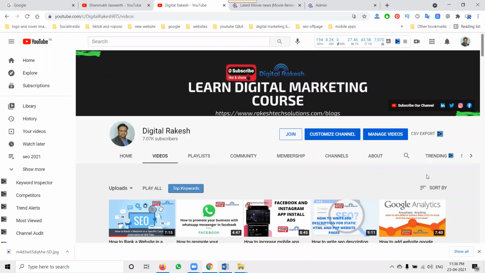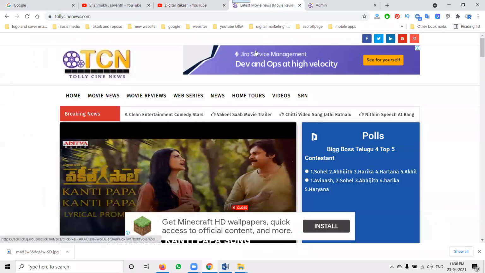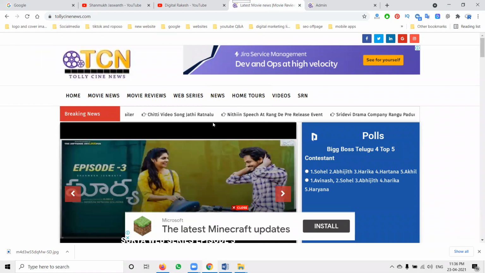So guys, a lot of people worry about how we can update content for dynamic websites like PHP websites. So how will we promote that kind of dynamic website? I'm selecting a news portal. In this news portal website, how is the content posted from dynamic pages? That is called SEO friendly dynamic pages.